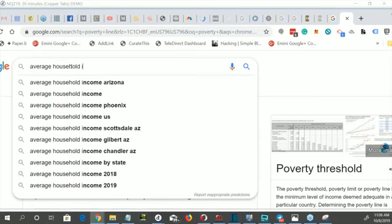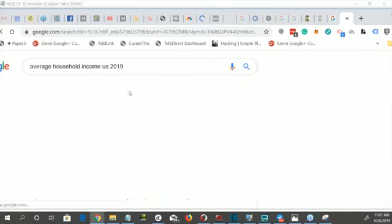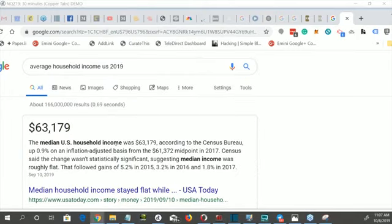Average household income, U.S. 2019. That's the number she gave us was 70 something for 2014, and here's 2019. Median U.S. household income, $63,179. This is from 2017. Okay. Now,